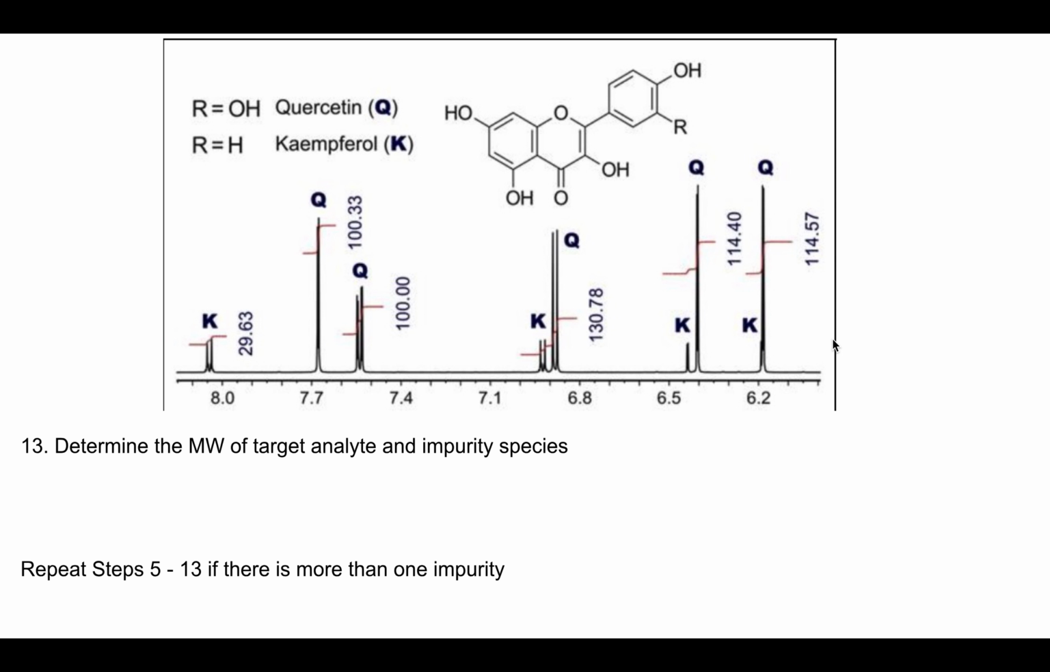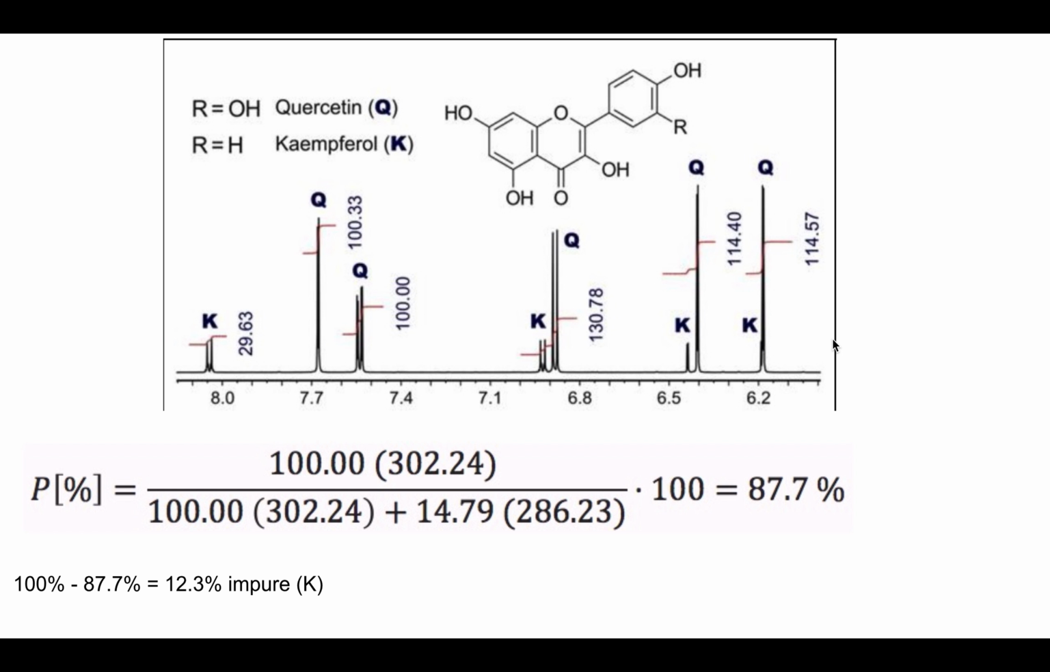Step 13 is to determine the molecular weights of the target analyte and impurity species. And lastly, we will need to repeat steps 5 through 13 if there is more than one impurity present in our proton NMR spectrum. So now we have all the necessary information needed to substitute in the values for those variables, and we would get a percent purity of